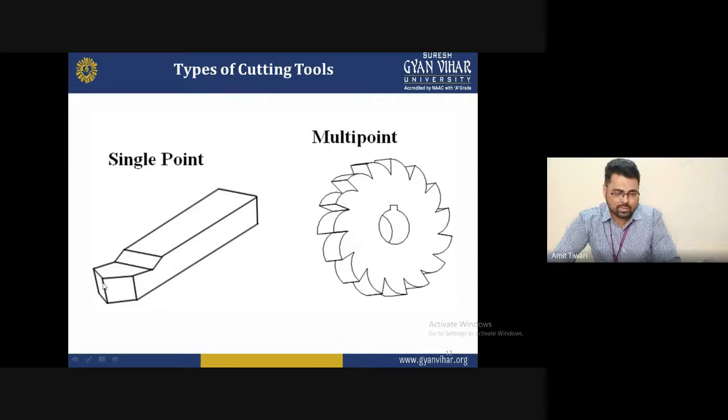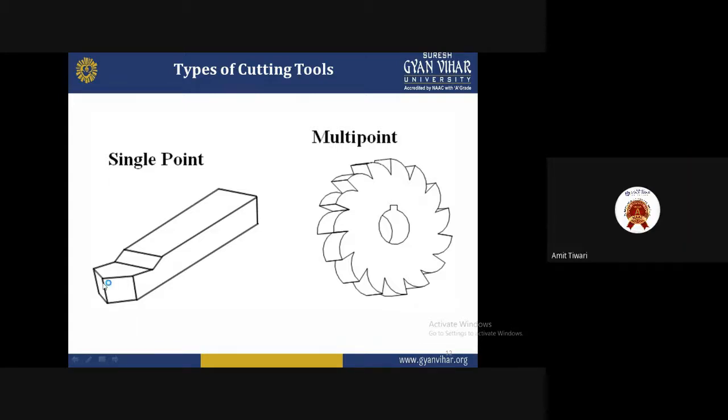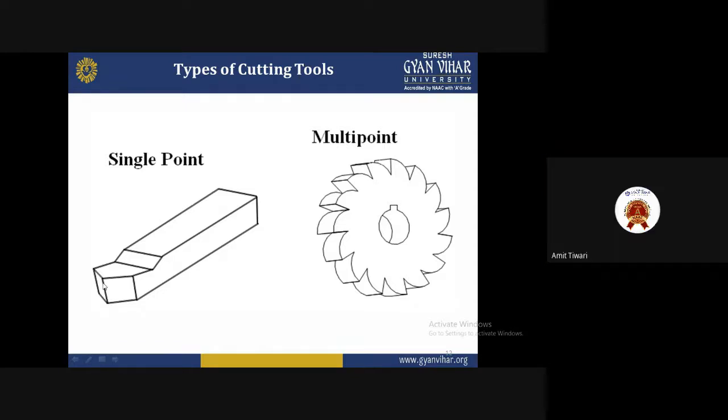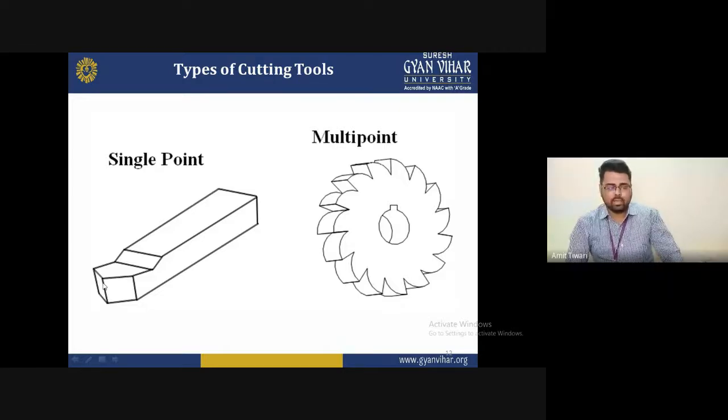But suppose this cutting edge is not sharp and wears too much, and too much heat is generated at the place, burning the surface area of this cutting edge. So we will want to change the material. We will change the single point cutting tool rather than use the existing one, because this existing one is damaged, and if you continuously use it, then definitely you will not get a good surface finish, and ultimately the workpiece will be damaged, and that is not required for our machining operation.